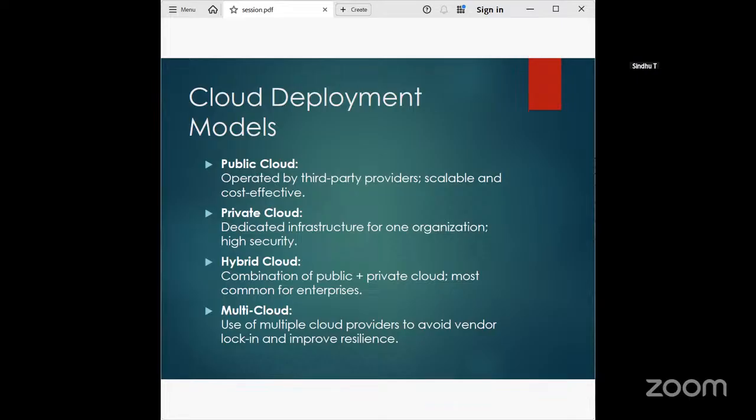So I have not included the community cloud in this, but you should know about the community cloud. So it's a distributed system created by integrating the services of different clouds to meet the specific needs of an industry or a community. So for example, multiple colleges or multiple companies come under the same community. They use the services of different clouds to address a specific need. In community cloud, the infrastructure is shared between the organizations that have shared concerns or tasks. Any company, or you can take a university or a college, that comes under the same community can use the community cloud.